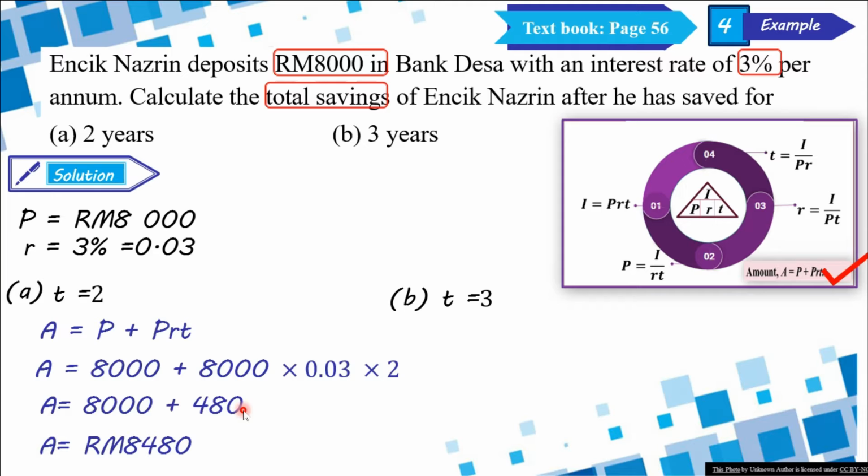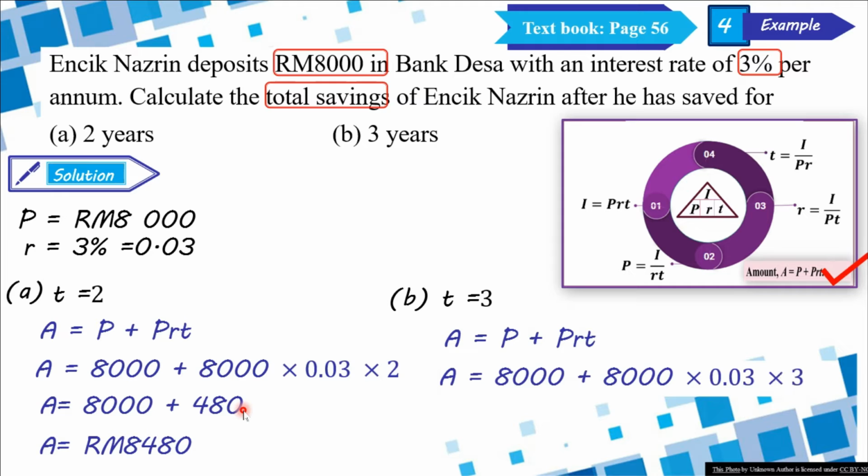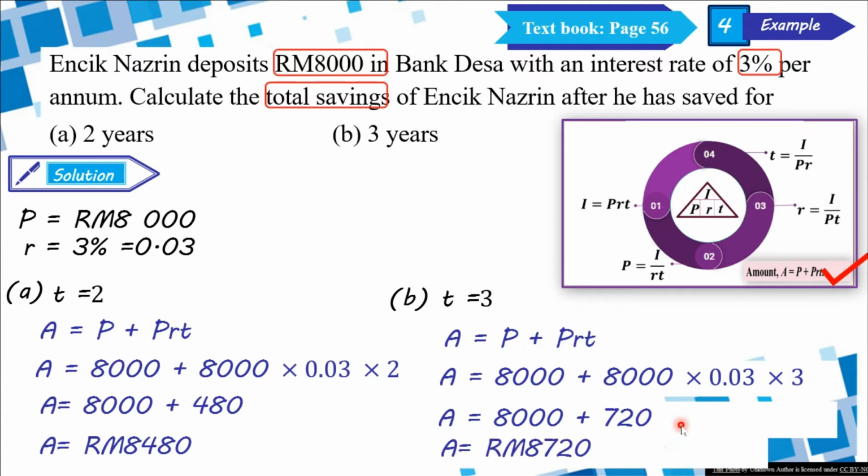Now question B, 3 years, T equal to 3. So A equal to P plus PRT. Similarly, 8,000 plus 8,000 multiply 0.03 multiply 3. So A equal to 8,000 plus 720 ringgit. So here is the principal plus the interest. The 3 years interest is 720 ringgit. So the total amount is